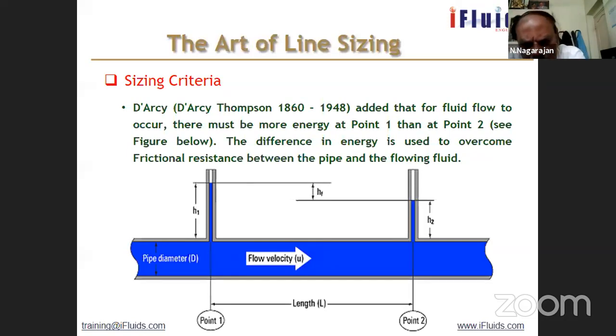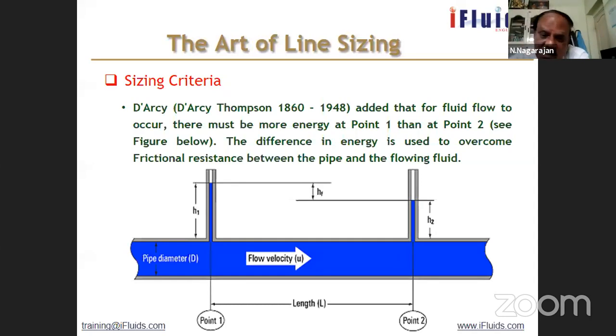Why we need to impart energy is that we are forcing the liquid to flow through a pipe, and the pipe has a wall. It is a restricted path, I would say. So when it flows through the pipe, it has to rub against the walls of the pipe. So it loses some energy in that process, which is called friction. So when the fluid flows in a pipe, it loses some energy because of the friction with the walls. Okay. So you must have seen the velocity profile and other things.